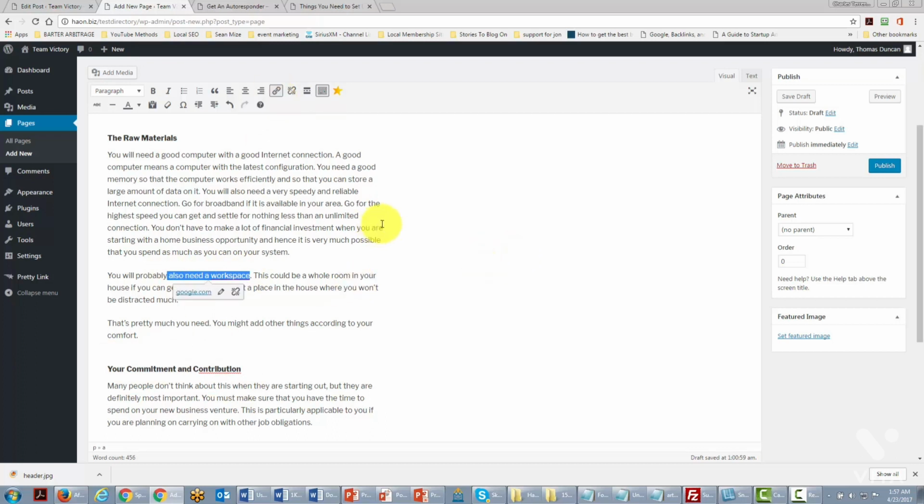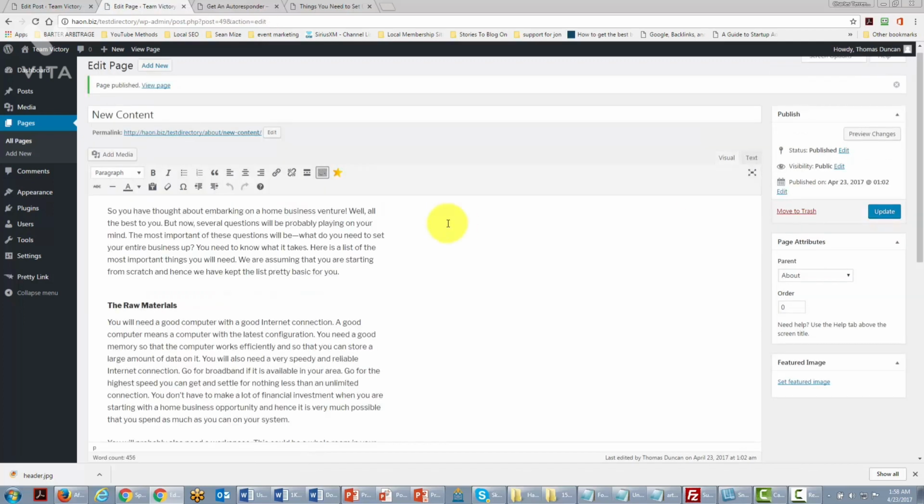Now, if you look to the right-hand side, you'll notice that we can determine whether this is a parent page or a child page, or we can determine what the parent page is, and you'll see all those pages from before. So we want to make this a child page of the About category. We can do that, and when we click Publish, we'll actually see it. So let's go ahead and click Publish,